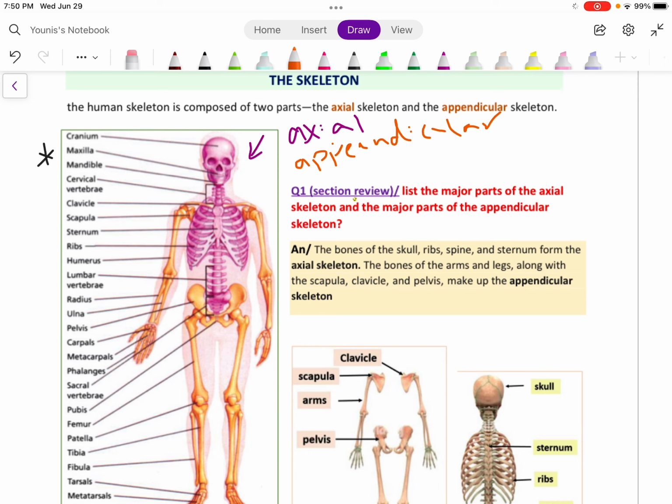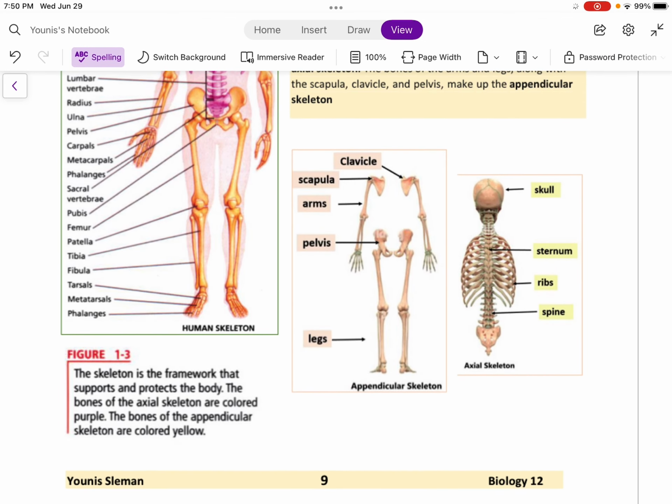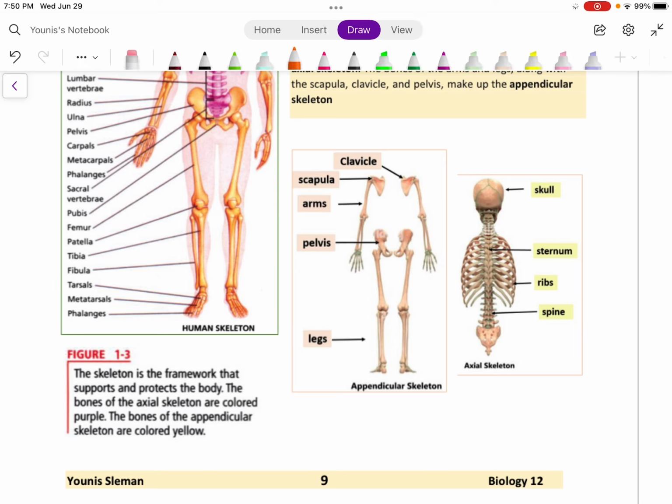They are mentioned down. I will show you the terms. So if we just scroll down a little bit, I have provided you with two more figures that are not in the book, but they will tell you which parts make up these two different skeletons. As you can see, the axial skeleton